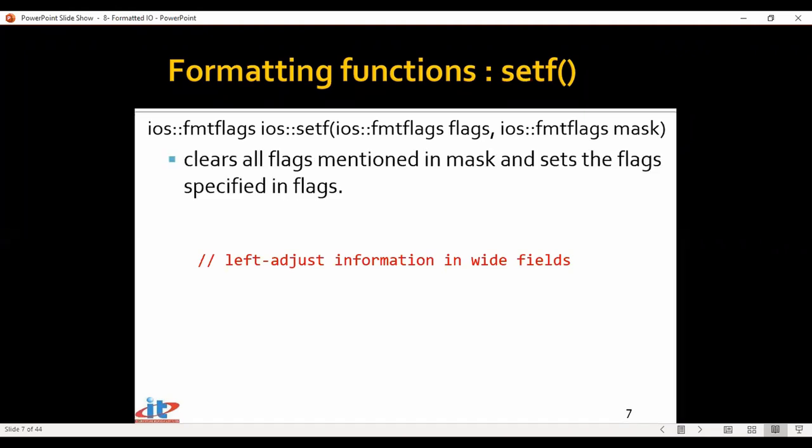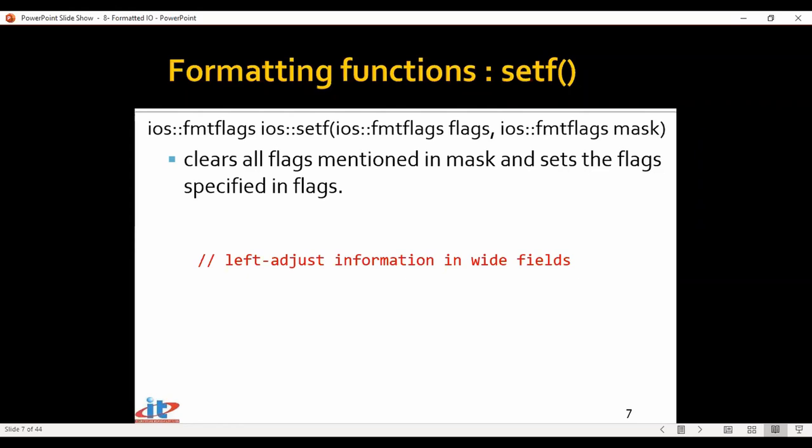A lot of times it so happens that some flags belong to a group. Take for example, you want to display the output in hexadecimal. By default, it's displayed in decimal system. But will it ever happen that at one particular point of time, a value is displayed in octal, hexadecimal, and decimal, everything at one go? It will either be octal or decimal or hexadecimal. Or we are trying to justify the output. It should be left justified or right justified. It cannot be both at a time.